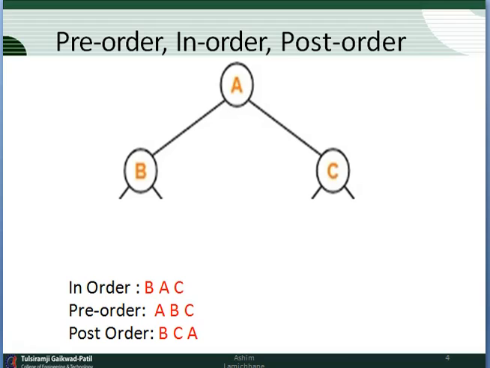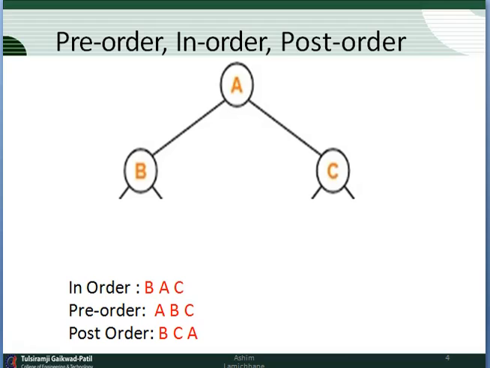I'm going to come back to the same topic, that is pre-order and post-order, with respect to this particular diagram. Now we can go with the pre-order traversal. I have two or three more examples related to this in the next slides. In this pre-order traversal method, the root node is visited first, then the left subtree, and finally the right subtree.